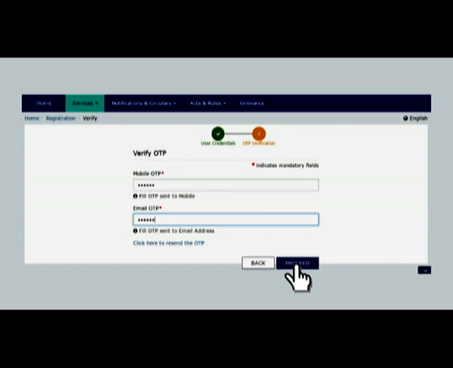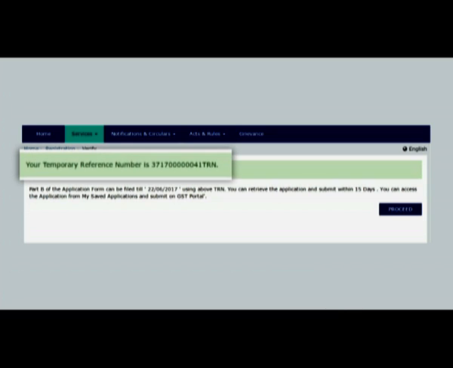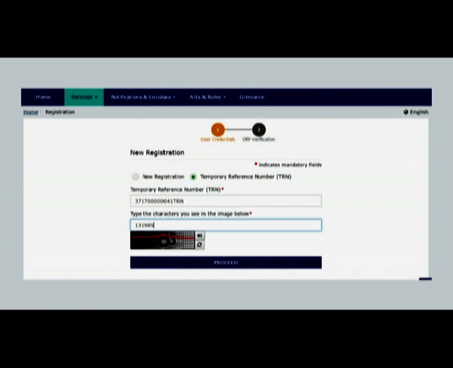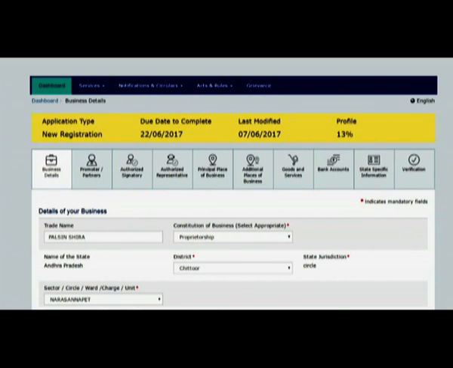After their successful validation, a TRN will be generated. This TRN will be valid for 15 days. The new registrant can use this TRN for proceeding further. An OTP will be received again on the phone and email. After entering captcha, the main application shall open with 9 different tabs and 1 verification tab for the convenience of